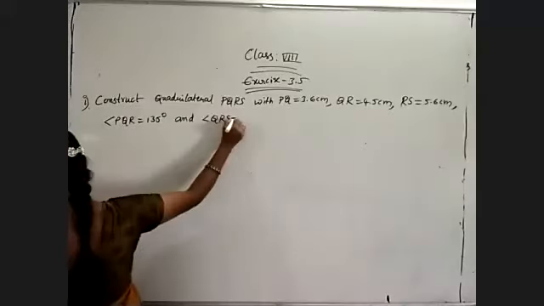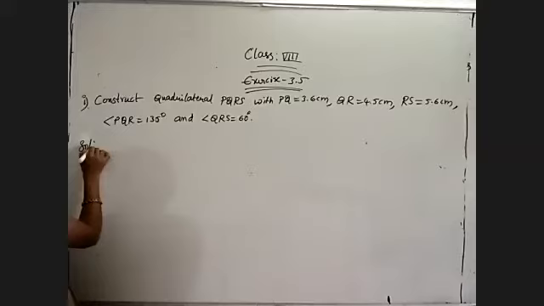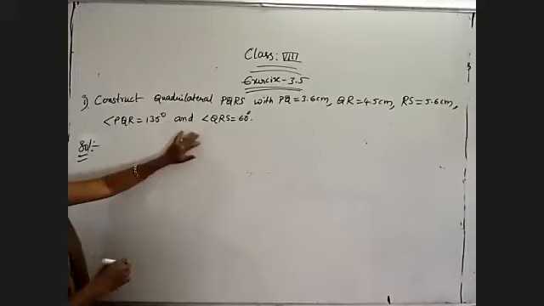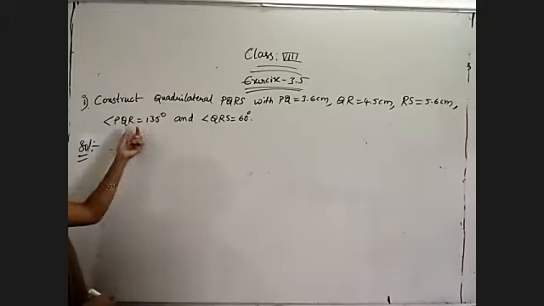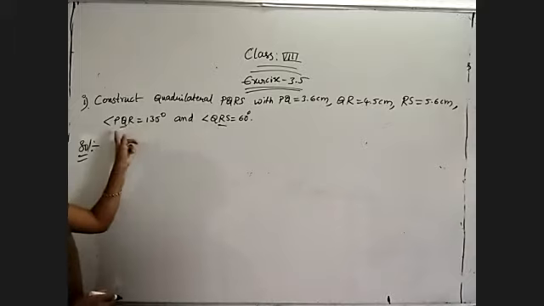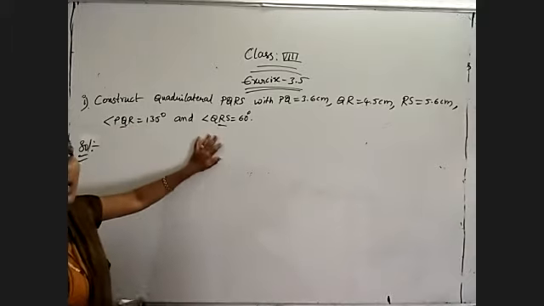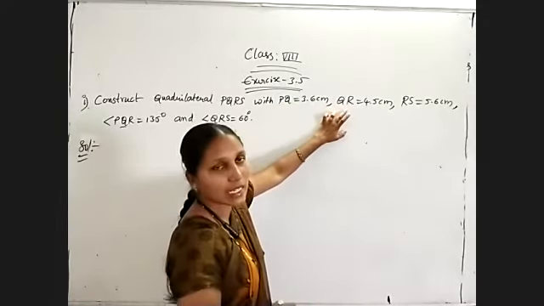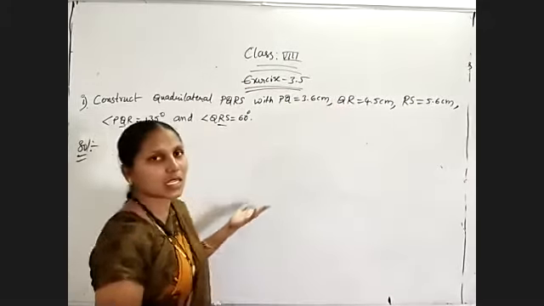So now observe the question and try to simplify it. Construct a quadrilateral PQRS with PQ, QR and RS. Those are the 3 sides and these are the 2 included angles. Angle PQR is nothing but angle Q, and angle QRS is nothing but angle R, the middle letter. Q and R are given. Angle Q and angle R are included in which side? Not PQ, here only Q we have. QR: angle Q and angle R are given. So try to take that side only. Very easily you will get the answer.